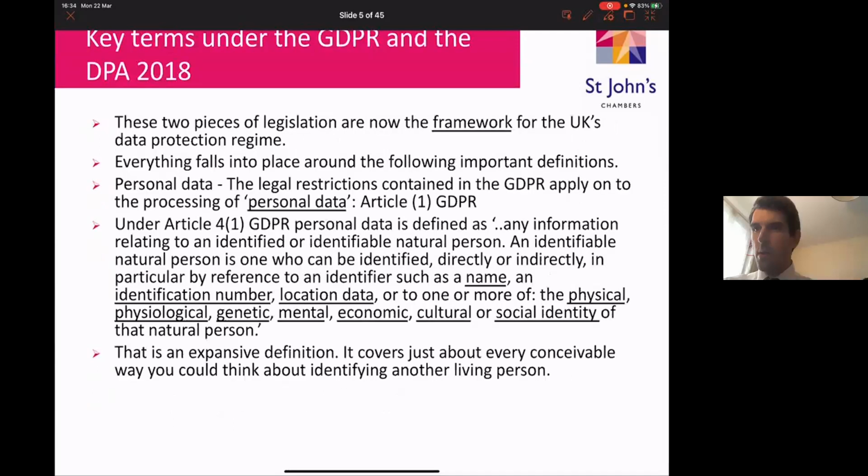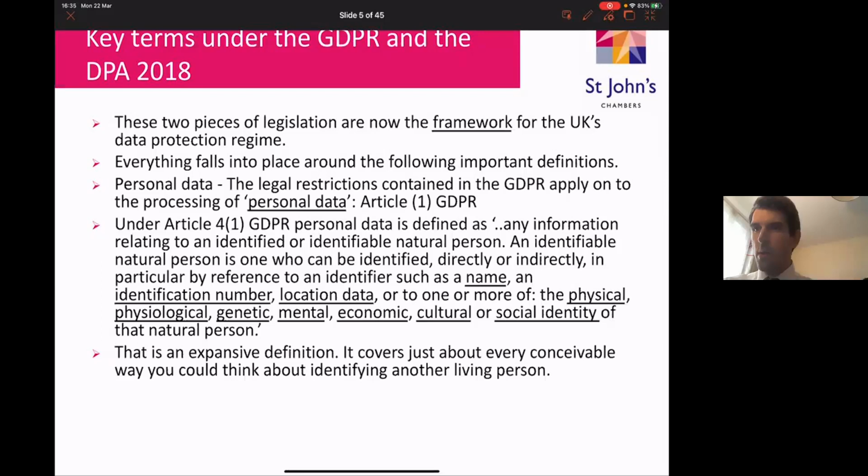Terms. So, as I've said, the two pieces of legislation are now the framework for the UK's data protection regime, and everything really falls into place around the terms under the GDPR. So I think it's important that we set out what those important terms are. First of which is what personal data is, as described at Article 1, setting out the legal restrictions contained in